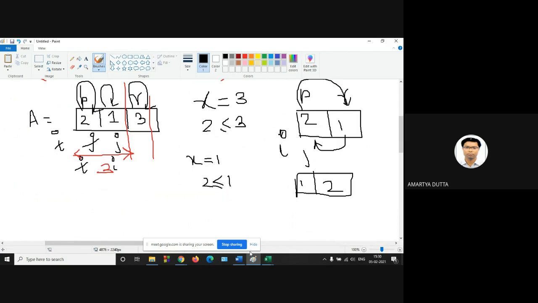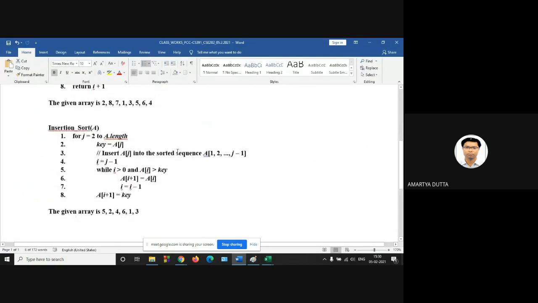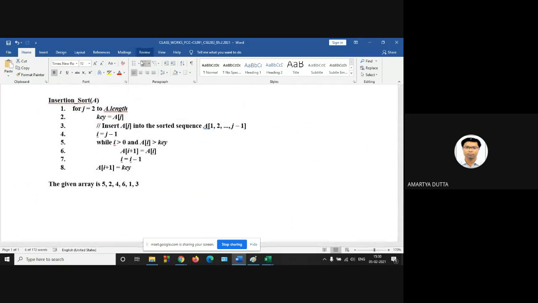Next, insertion sort. In insertion sort, you have to insert the element into an already sorted sequence. For j equal to 2 to length, first put the A[j] value in the key.